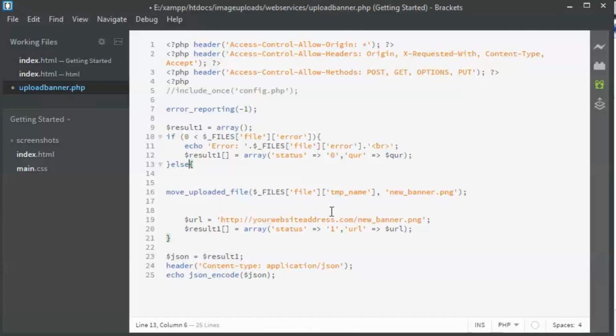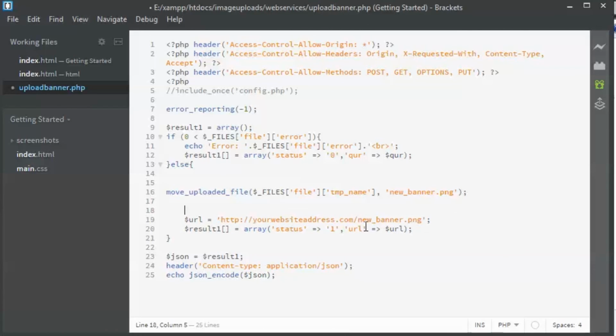The next thing I'm going to do is use move_uploaded_file in PHP to upload the file. It's really simple. Here we are just returning the URL. This is not necessary, but I'm showing it in case you want to enhance the functionality of your application. It may be useful, because after the image is uploaded, you can use the URL to insert it in the database. So you can use it for further needs. Sometimes it's important to know the image URL that you have uploaded.